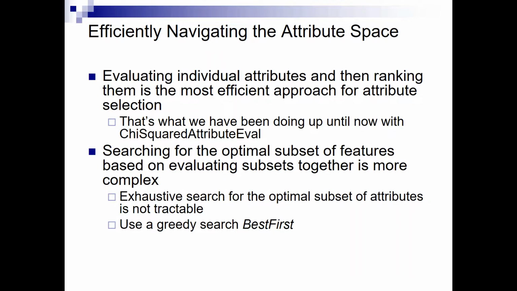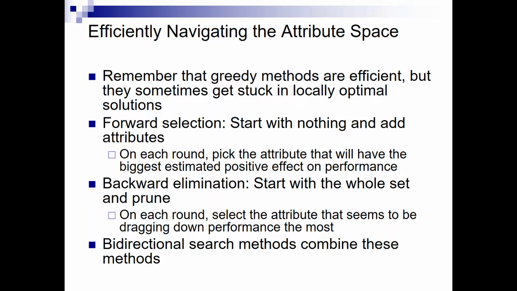So if you want to look for an optimal subset, you need to have a good search method. We've talked already up until this point about how we characterize the non-exhaustive search methods of all of the algorithms that we're using as greedy methods to some extent. And so the greediest method for doing subset-based search for a subset of features is called a best first search algorithm. Now, there are two different best first search approaches. There's a forward selection approach and a backwards elimination approach.